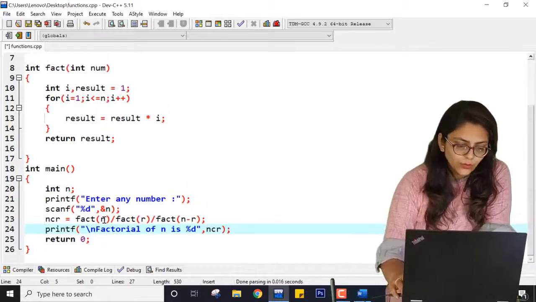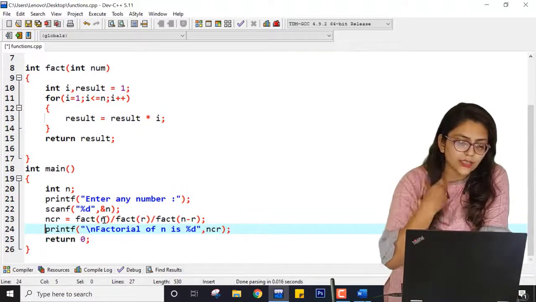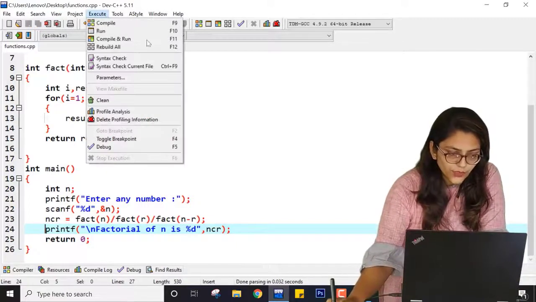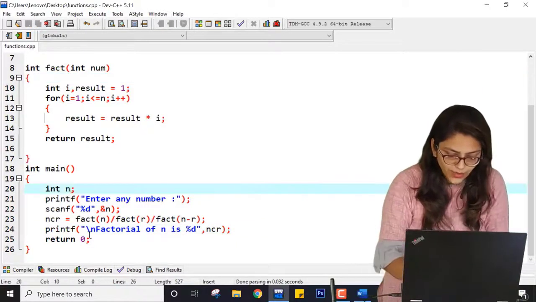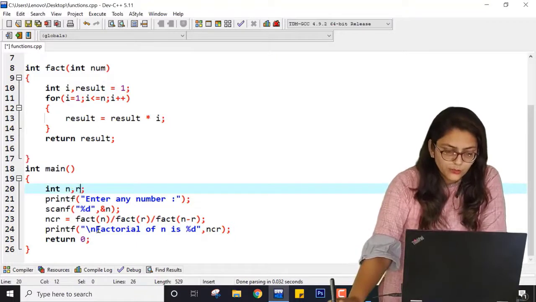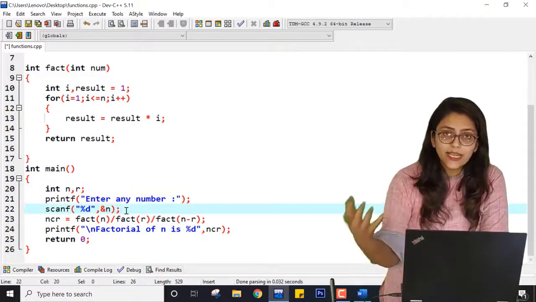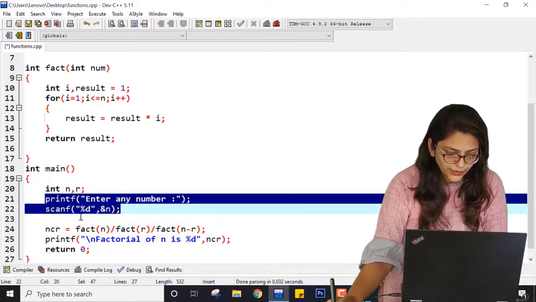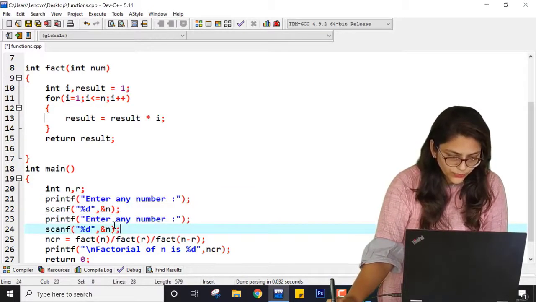So what I have done over here, let me check if the answer is correct or not. Let me save this program. First, I also need to take the value r from the user, because I want to know what is n, what is r. So for r, I am copying this and pasting it over here.